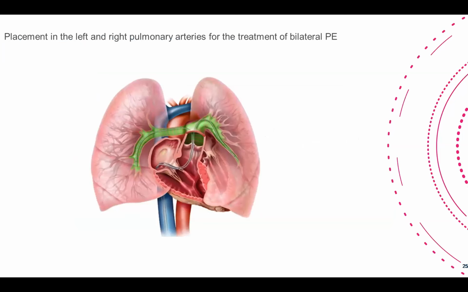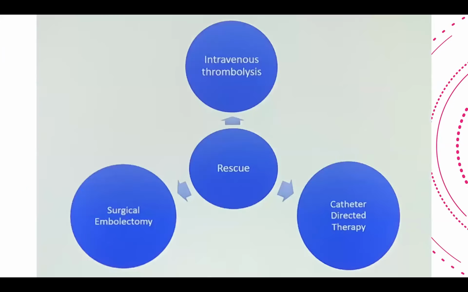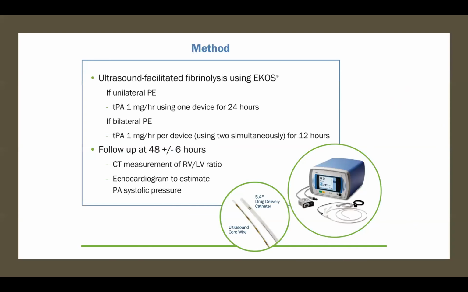So what we do, we choose venous access either through the jugular or femoral vein, and then we'll go through the IVC or SVC, and then through the heart, we'll put in a catheter into the right and the left pulmonary artery, and then we'll start treatment. Treatment either by thrombolysis or thrombectomy. I'll talk about this soon. So this is the machine that we use for thrombolysis. It comes with a generator and has an ultrasound wire, and also it has a catheter itself.